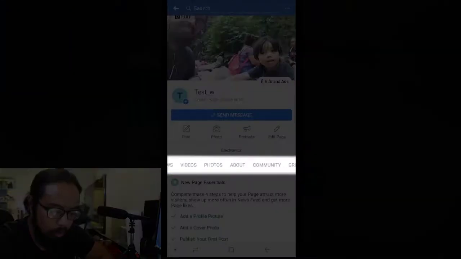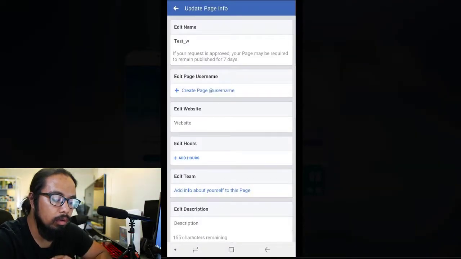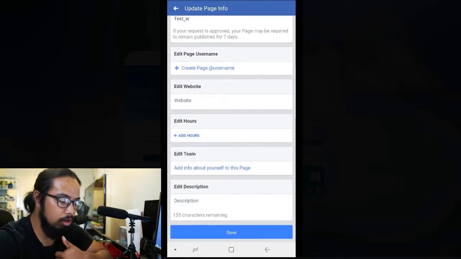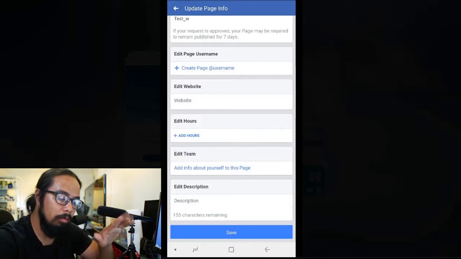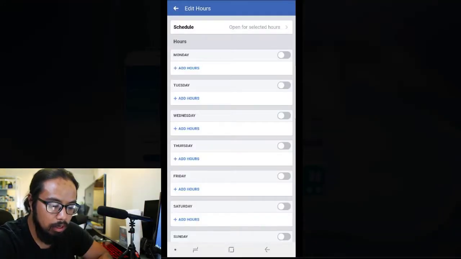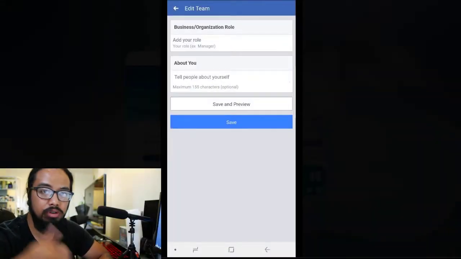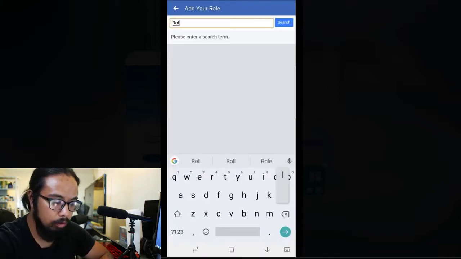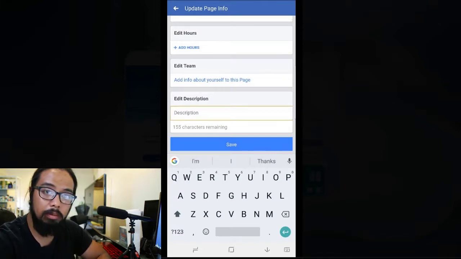This is where it's getting weird. Okay. So I head on over here, about, edit page info, and this is where a good amount of the information that was covered on the desktop you can write here. There's a lot of things that are missing, like the impressum, the mission. I think that stuff is where you have to edit it on desktop. But here it's just enough for you to get everything started. So your business hours, if you have any, you can edit the team. If you're an organization, it's not just you. You have like a social media manager, a video editor, and all that stuff. So you can add your role. Here's where you can add your description. Again, kind of leveraging the keywords of how I set it up in the beginning.